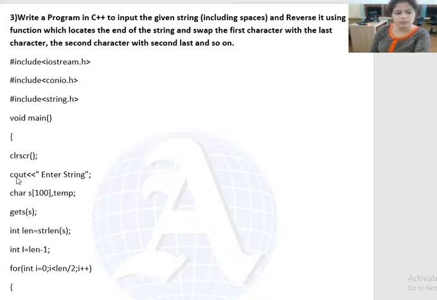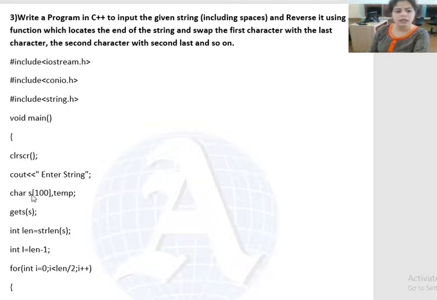So this is just a statement that you want to print on your output screen, that is cout enter string. Now you have to enter the string, so for this we have to declare the variables. Whenever we have to declare a string, we have to use the char data type.